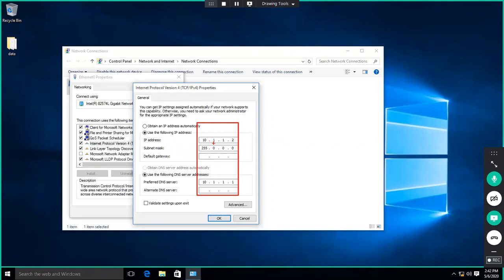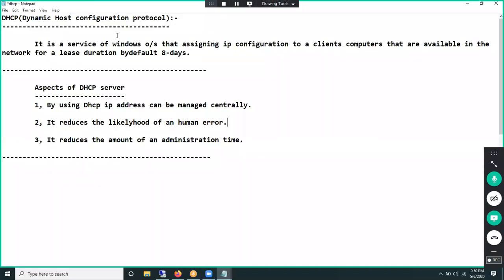So that means we cannot say DHCP gives the IP, and then manually we have to go to every device and configure the router IP and DNS IP. No, it's not like that. DHCP can give everything. So whenever any computer needs an IP address, DHCP tries to give all the IP configuration to the client. So DHCP gives all the IP configuration to the computers that are available in the network,